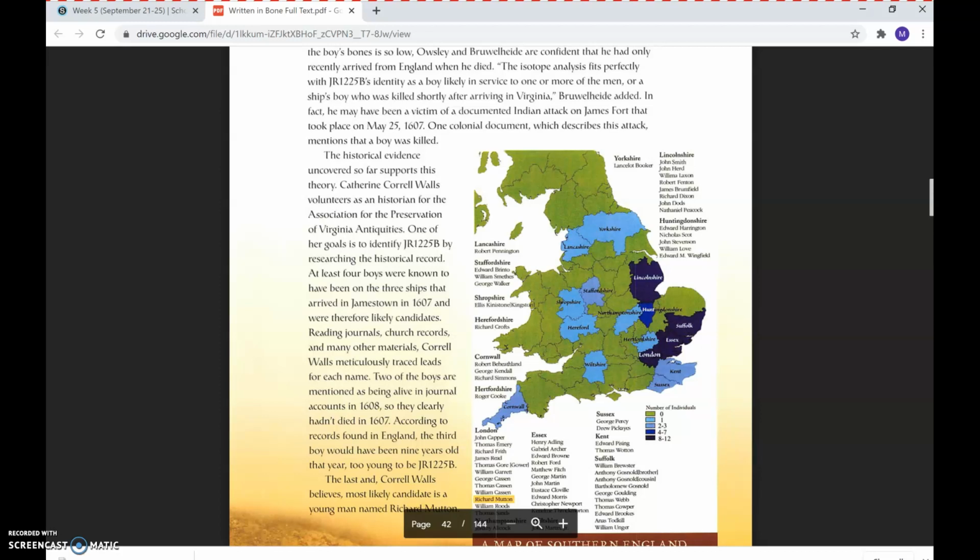Catherine Coral Walls volunteers as a historian for the Association for the Preservation of Virginia Antiquities. One of her goals is to identify JR 1225B by researching the historical record. At least 4 boys were known